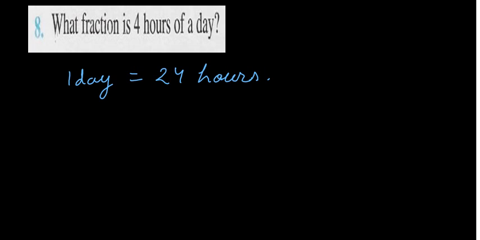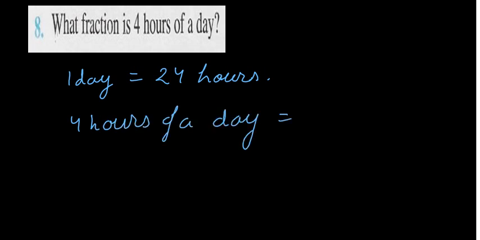We all know that. So the fraction is 4 hours of a day. Its fraction form will be represented as 4 upon 24. In a day we had 24 hours. Once again, when we learn about the simplification of fractions, we will talk more about such fractions. We can see that 4 and 24 are related to each other. 4 sixes are 24, and we can do something with that, but we will talk about that when we talk about simplification of fractions. In this exercise we are just writing down the fraction as much as we can.